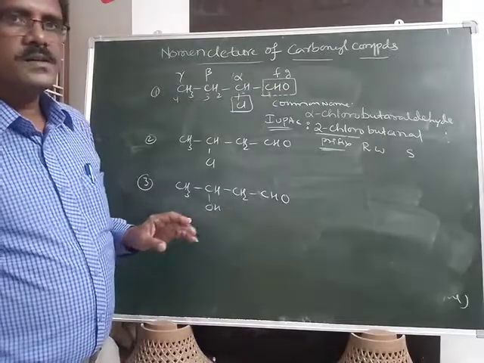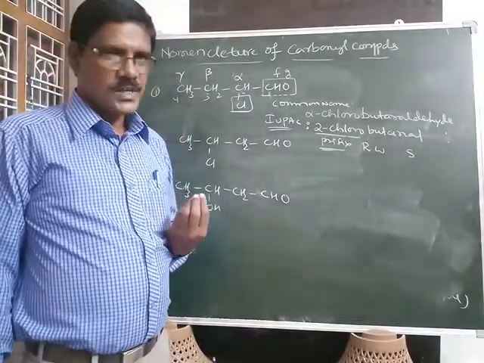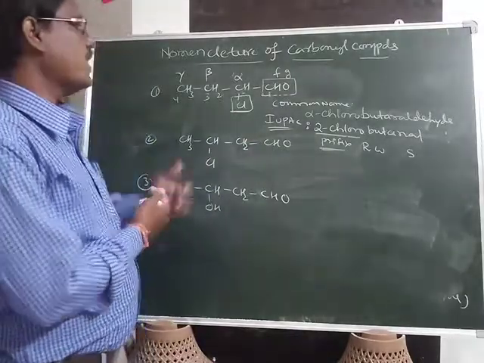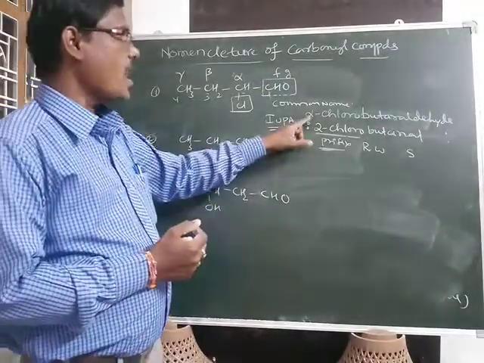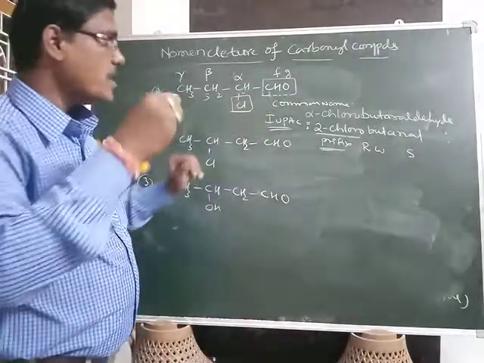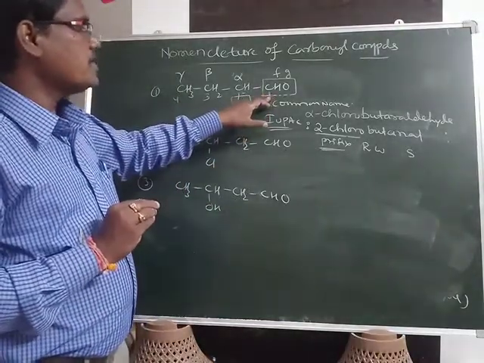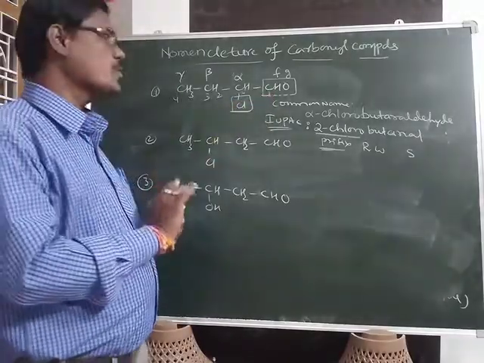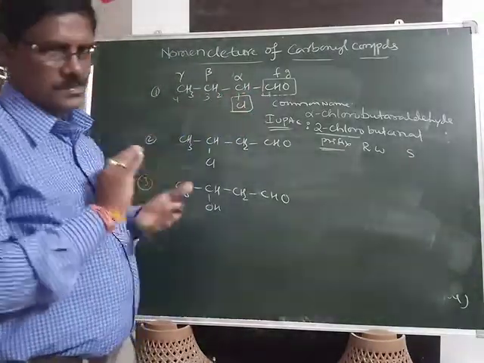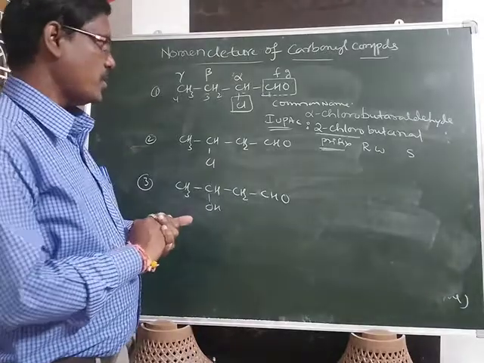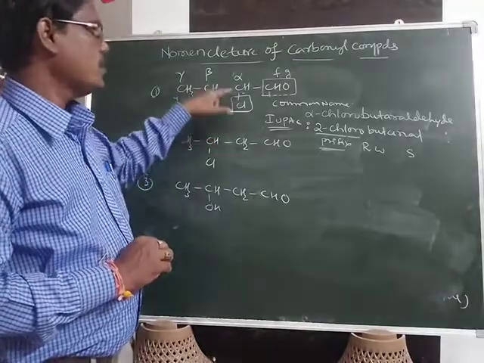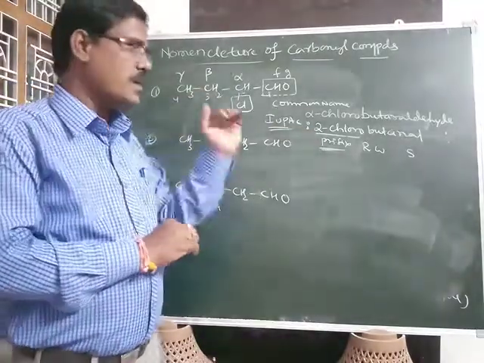Total 4 carbons. Its common name is derived from the carboxylic acid. The 4 carbon containing carboxylic acid is known as butyric acid. That's why its name is butyraldehyde. So alpha chlorobutyraldehyde is the common name of this given compound. Now its IUPAC name. In the IUPAC name, the carbon in the CHO group is taken as the 1 carbon. 1, 2, 3, 4 carbons are present in the given aldehyde. At second position there is a substituent, its name is chloro. That's why 2-chloro is the prefix, already completed.